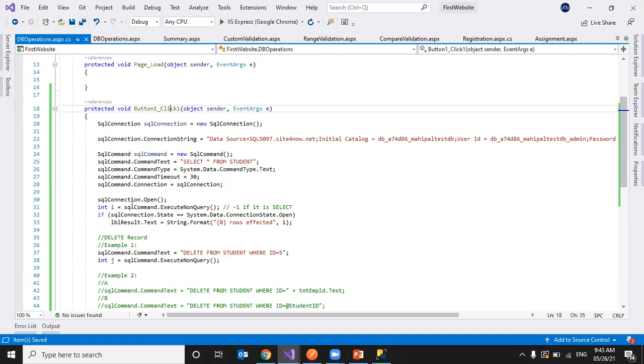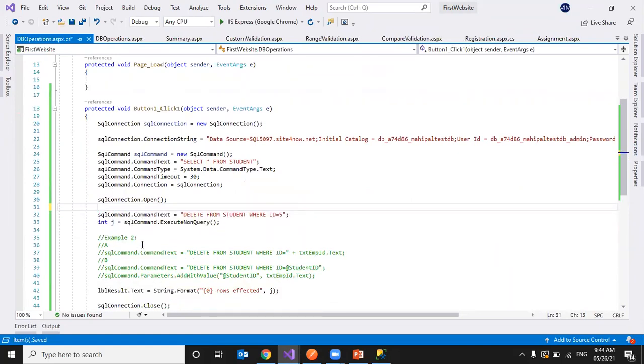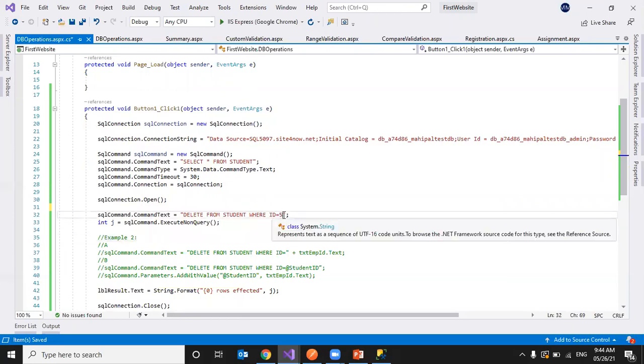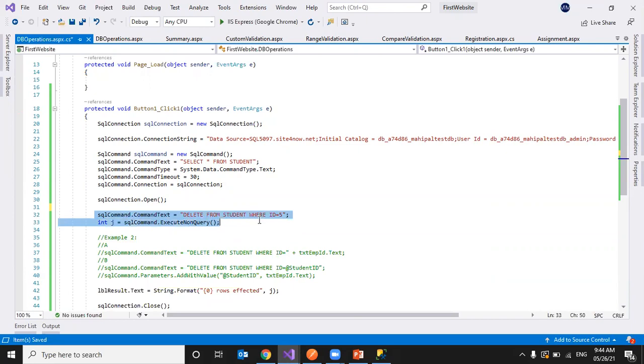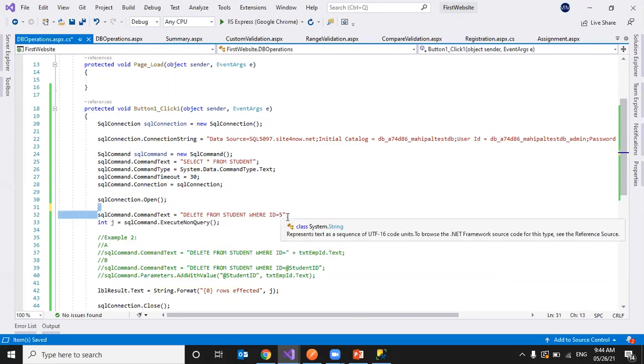Connection, command. Then we don't need this part. Here we have to pass the value that I entered in the text box. So for that, we'll simply take that ID like this.